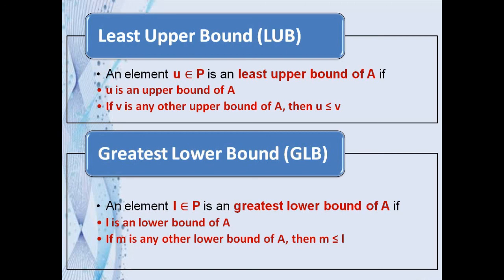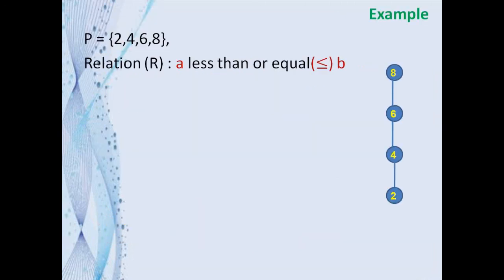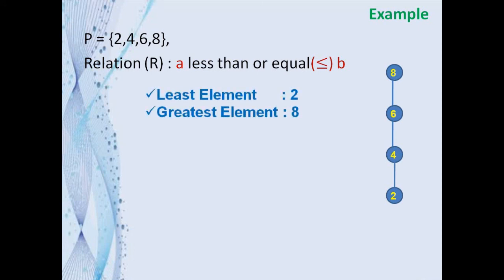Let's take a previous example for understanding this. We already know that this relation R is a partial order relation and also a totally ordered relation, and the set P is a poset and also a totally ordered set or a chain. Here we have to find the least element, the greatest element and boundedness. From the Hasse diagram, we can easily find them. Here the bottom node is 2, that is the least element, and the upper node is 8, that is the greatest element. Now we have to find the upper bounds and lower bounds and also the greatest lower bound and least upper bound. So we need a subset of a poset.